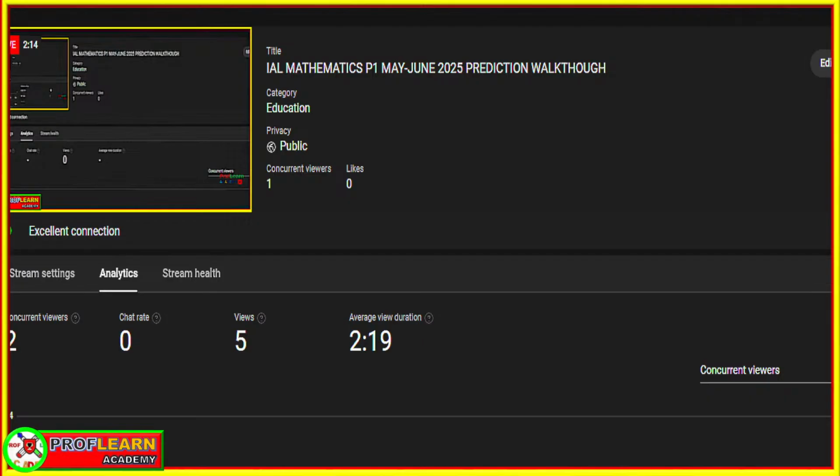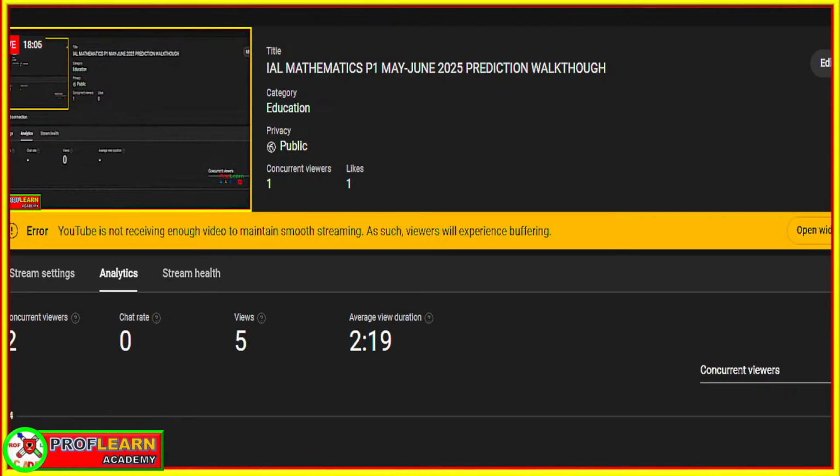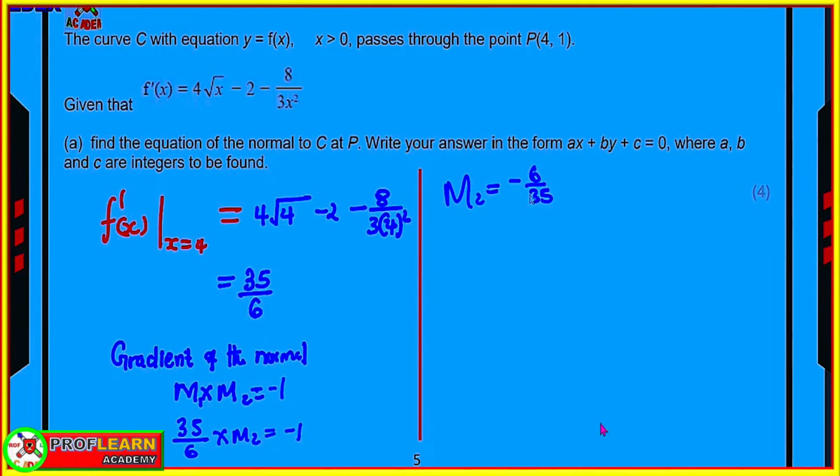Now, since we are talking about a normal that is passing through this point 4, 1, we can now use that point and the equation of the form y equals mx plus c, which is the equation of the